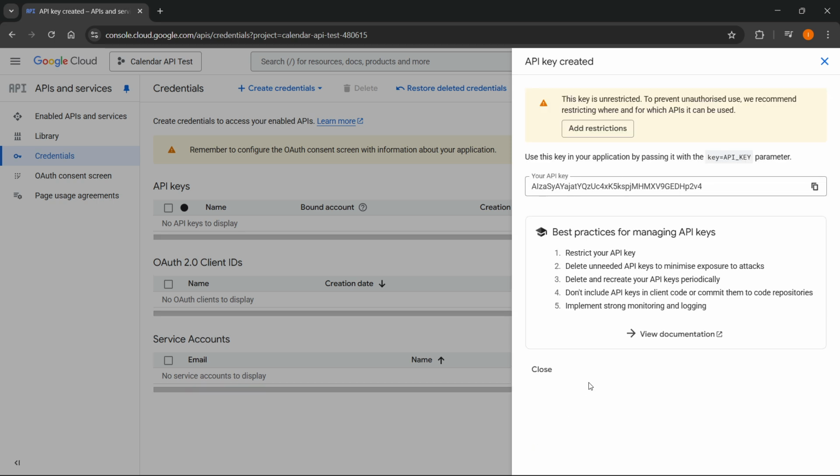Just make sure you don't share this with anyone, okay? So here's going to be your API key. I'm going to delete this right away after this video, but make sure for your key that you don't share it with anyone. Okay, so